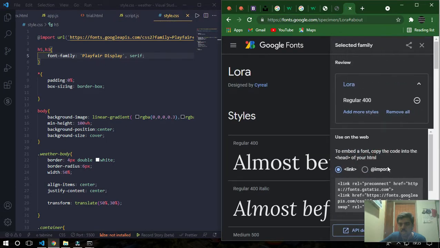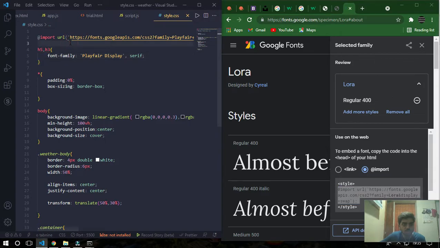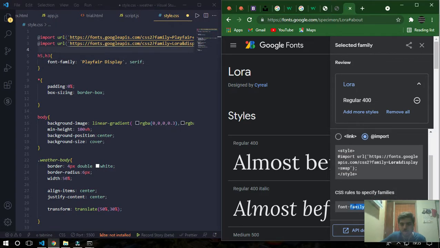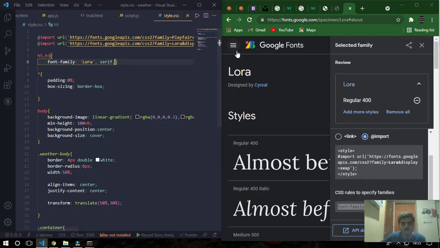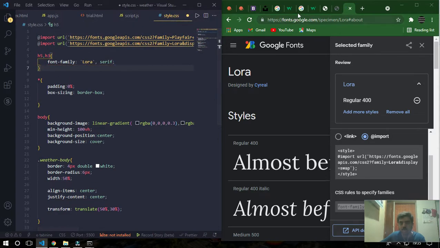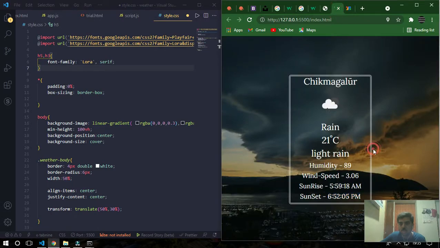Select this style, so import. Okay, it's now looking good.